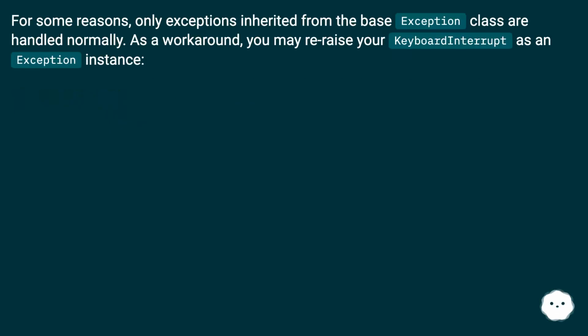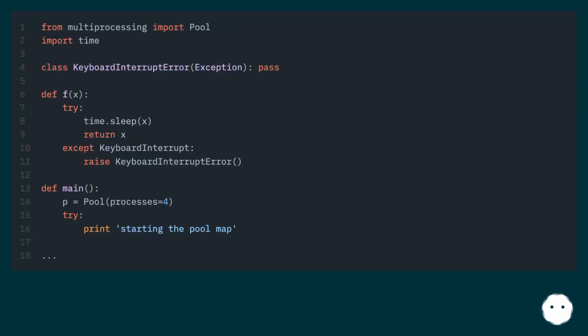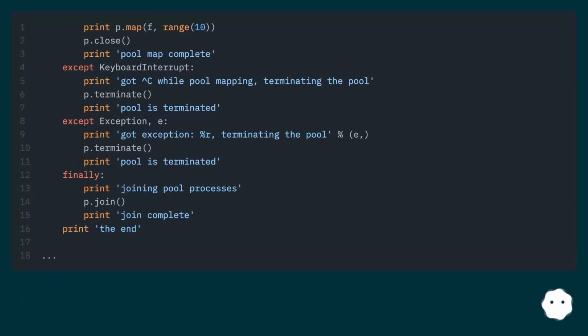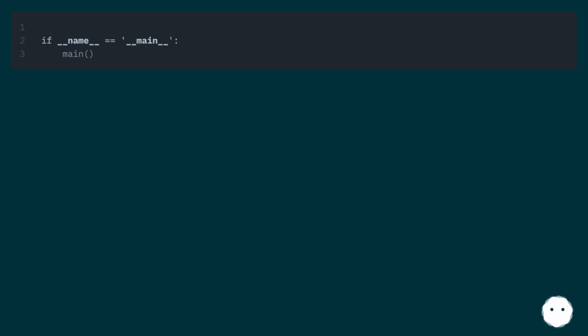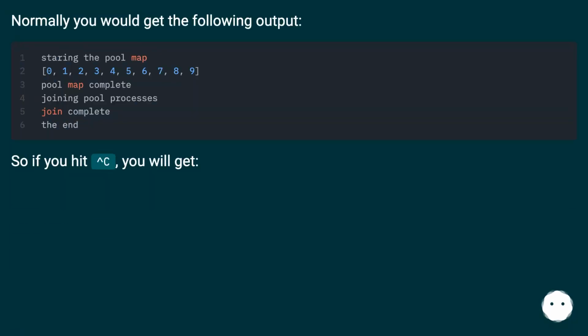For some reason, only exceptions inherited from the base Exception class are handled normally. As a workaround, you may re-raise your keyboard interrupt as an Exception instance. Normally you would get the following output. So if you hit Ctrl+C, you will get